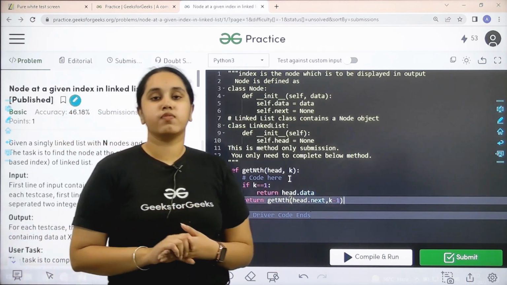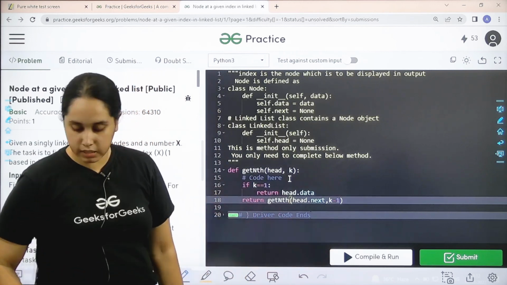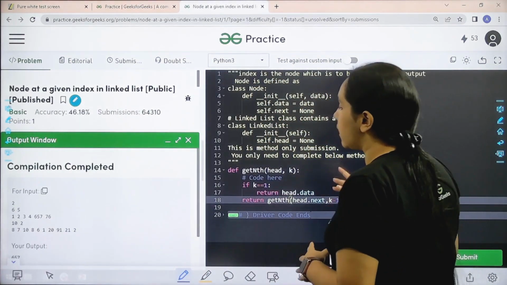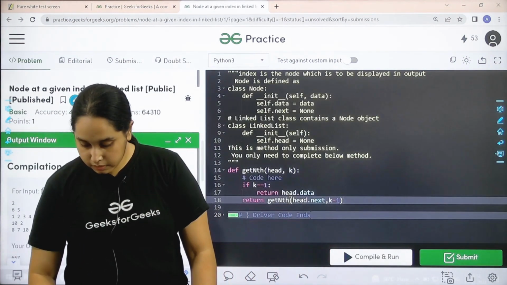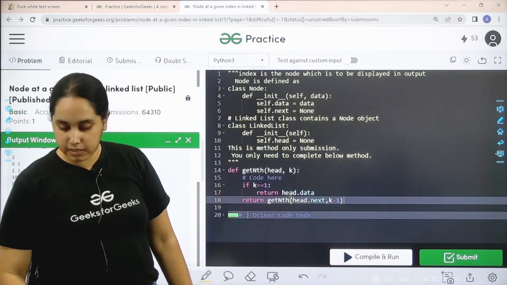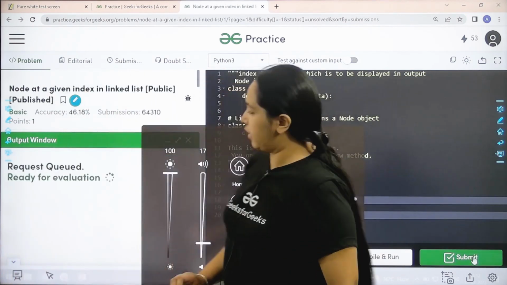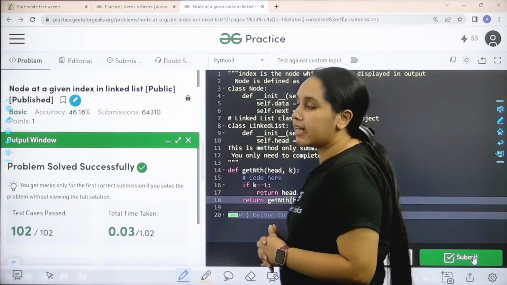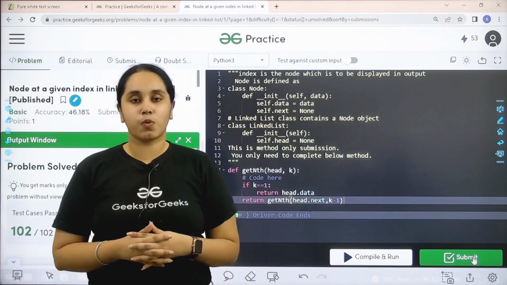Now I need to check if the solution is correct or not. So I would click on compile and run. Let's wait. Okay, the compilation is completed. My output is matching with the expected output. So now I would submit the given problem. Let's wait 1 minute. The problem is solved successfully, and this is how you solve the practice problem node at a